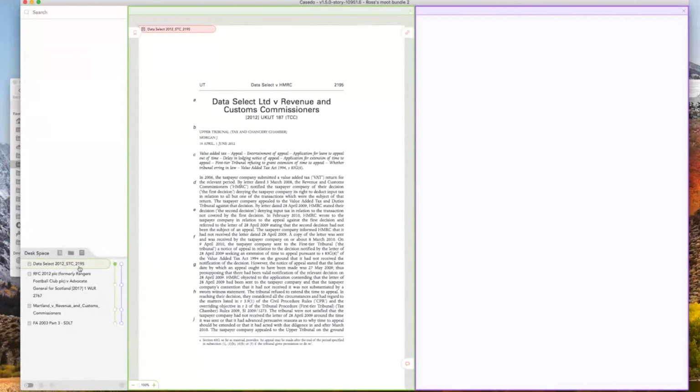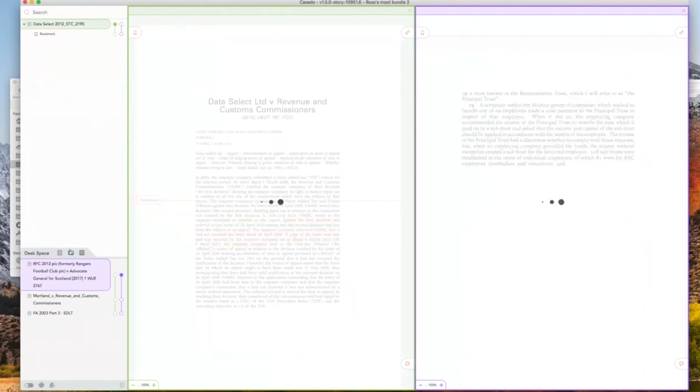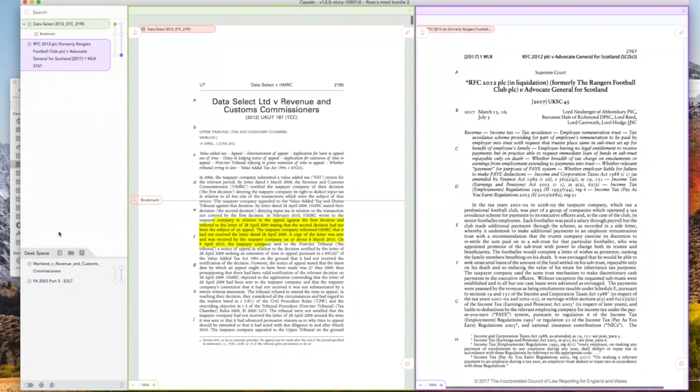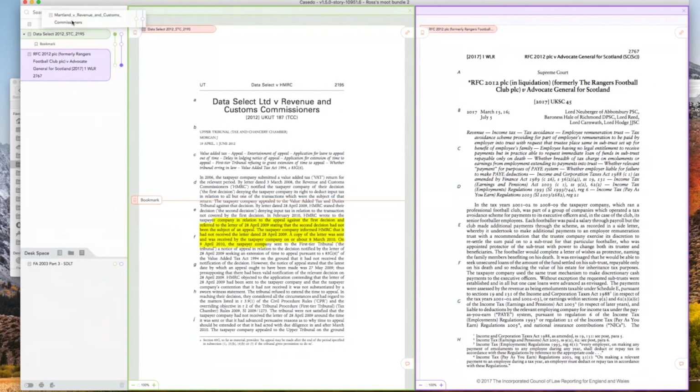If I want them to be in my index, you can actually do everything in the desk space that you can do up here. All the functionality remains the same. I can mark them up, I can add bookmarks, no problem. It's all going to work the same way. But the idea is that this is where things appear, and this is your unorganized space, and the index is your final space. So what I do is I will drag them up into that space and put them in the order I want to put them in up here.